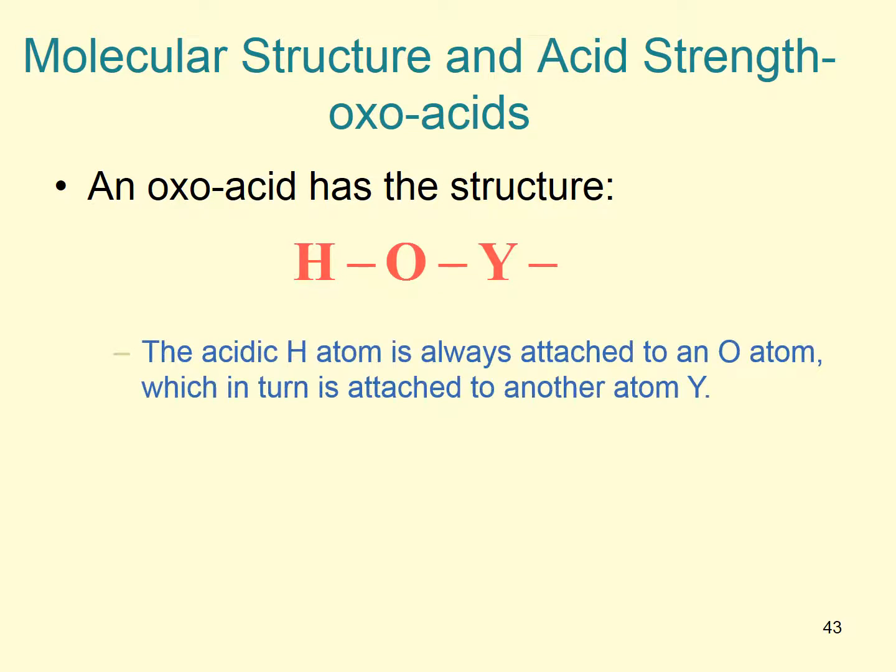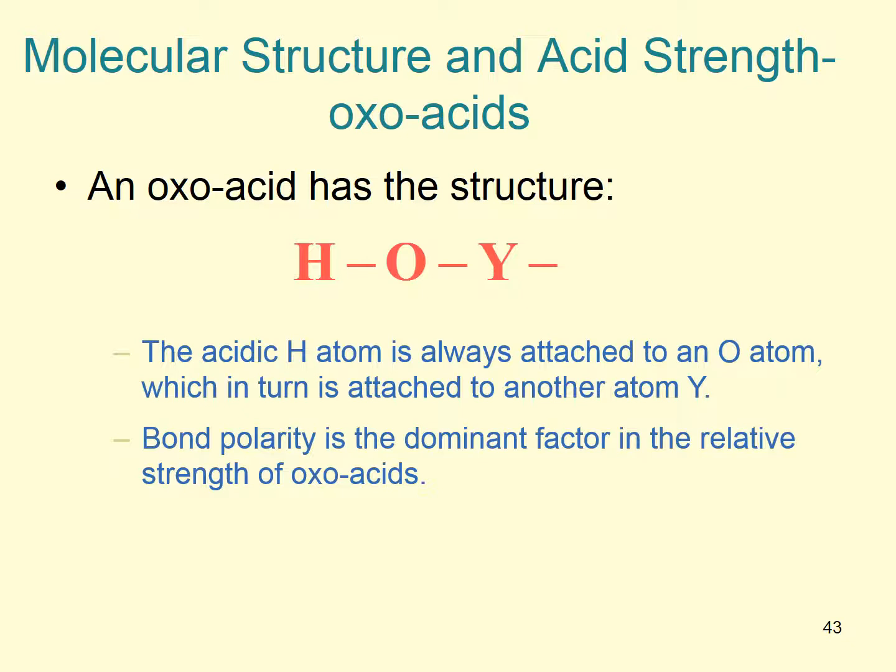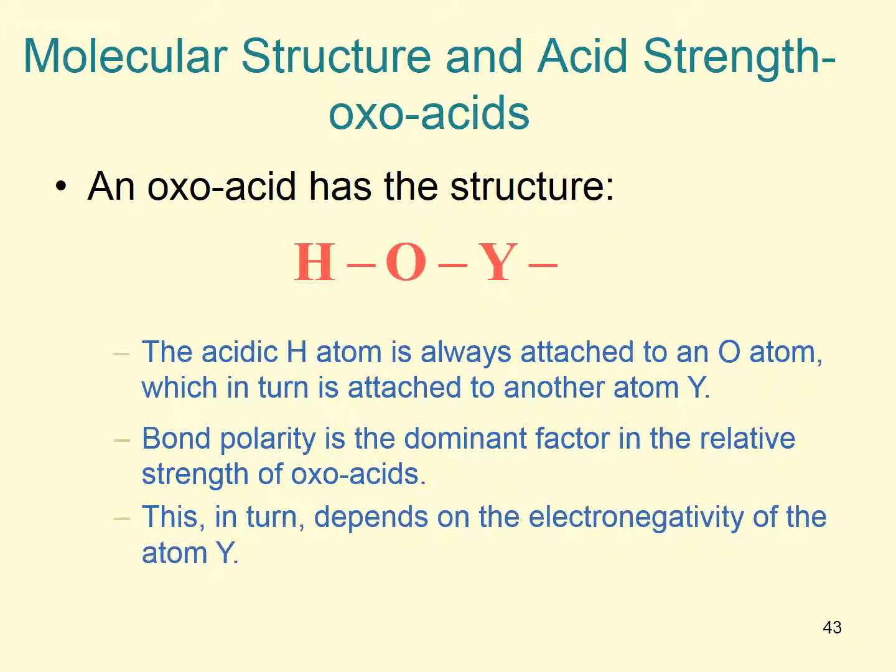So it turns out, going from left to right, everything's the same. So if you go from left to right with an oxoacid, the acid strength increases. There's not always that many oxoacids, but the main thing is that bond polarity is the important factor. So if you're going down a column,